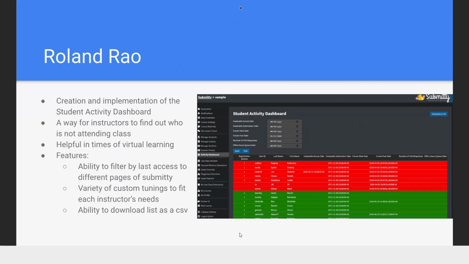Yeah, it basically just pulls a bunch of data from the database: dates on when people last accessed the gradable page, submitted a gradable, viewed the forum, posted to the forum, number of poll responses, and last time they were in the office hours queue. And based on any combination of any of those 6 fields, instructors can limit and refine their search